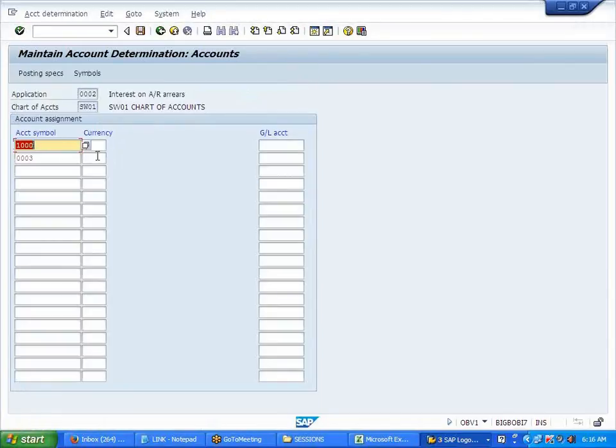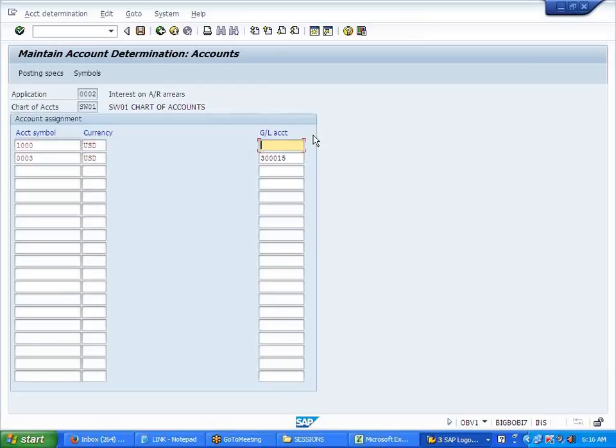Customer postings. USD. Now here I have to give that GL account. What should I give for the customer then? Plus, plus, plus, plus.